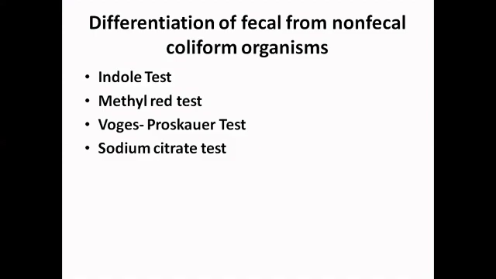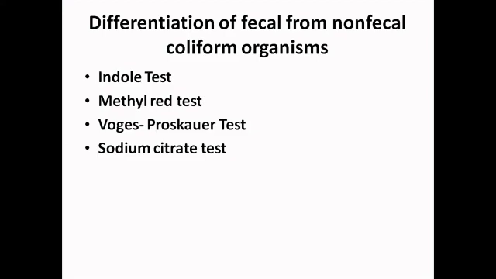This is the qualitative test done for the estimation of the coliform group of bacteria. The mnemonic term IMVIC was coined by the scientist R from the first letters of four tests, namely indole, methyl red, Voges-Proskauer, and citrate. The IMVIC test is a group of four biochemical tests used for the differentiation of coliform bacteria and for identification of particular species. These tests indicate the metabolic pathway used by coliforms.